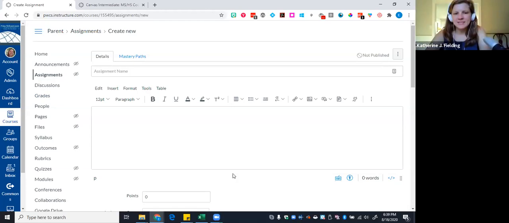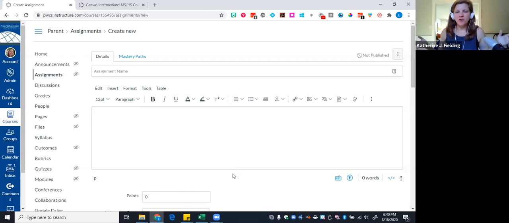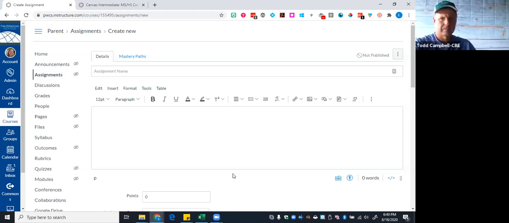Someone says, if we cross-list 1A with 1B, do the students see 1 or 2 assignments? They will only see 1. It'll only appear to them once. They won't even know. It's basically like you combine all of your classes into one class. So you would only want to do this if you have co-taught classes, to combine that SPED list and the regular ed list, or the L list and the regular ed list, or those A and B lists. But I probably wouldn't combine all of my lists